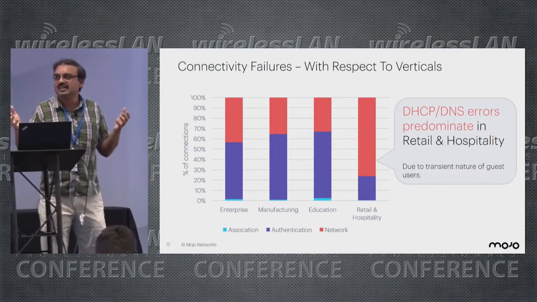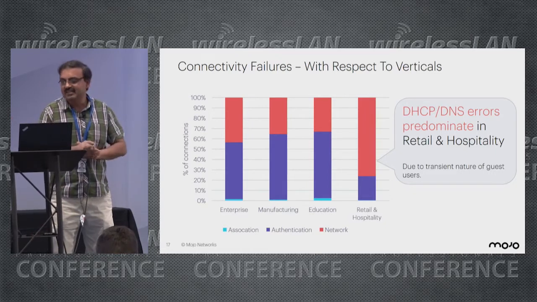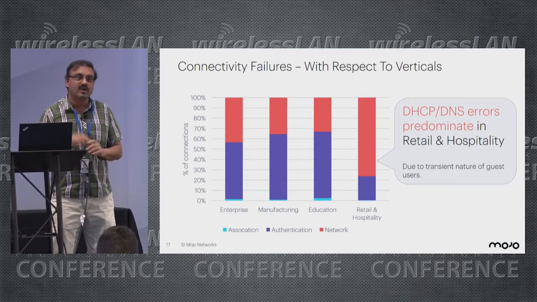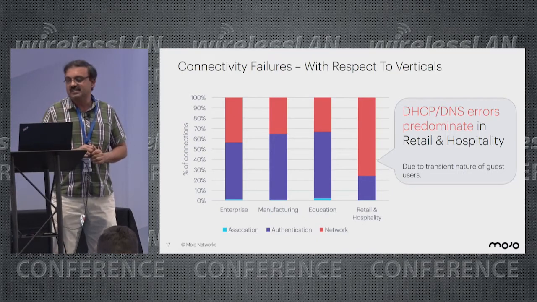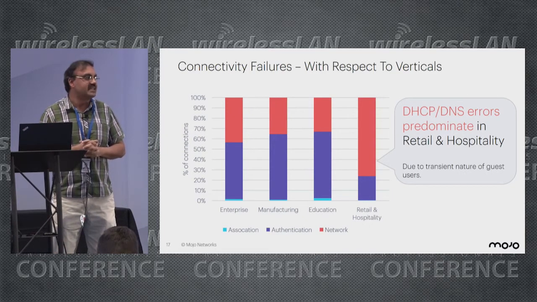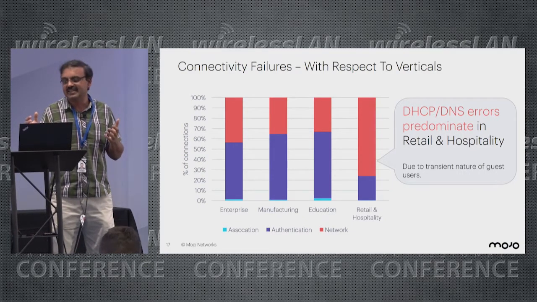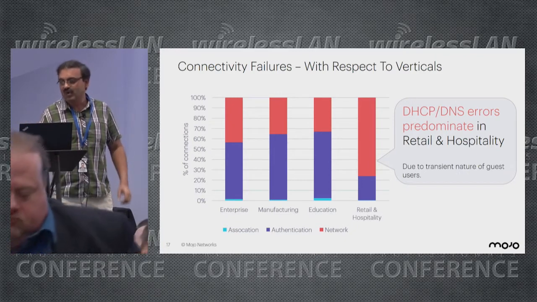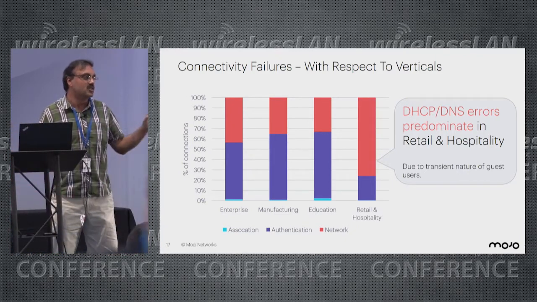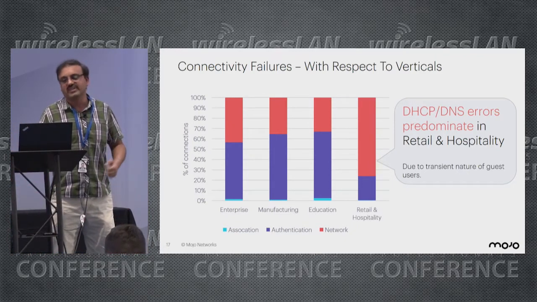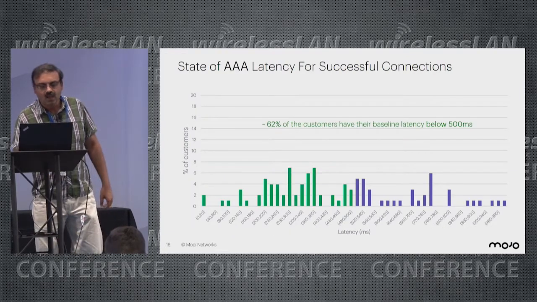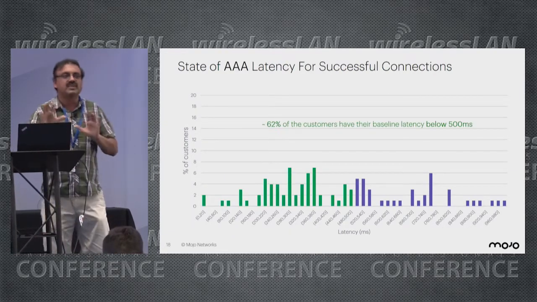in such scenarios. So one of the key takeaways here is that customers from the retail and hospitality industry especially have to give special attention to these DHCP addresses and make sure that they don't lead to poor user experience, because our data is clearly indicating that yes, that is the predominant cause for poor user experience in such verticals. So now switching to successful connections.